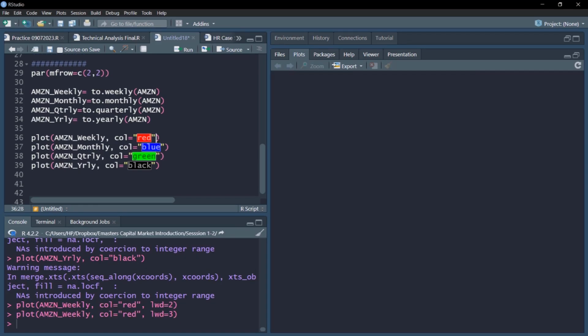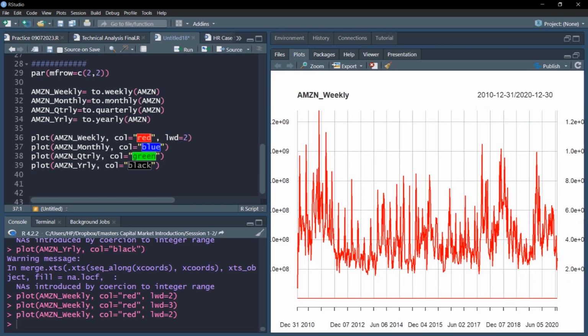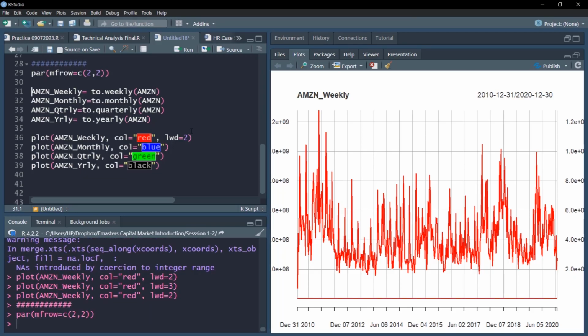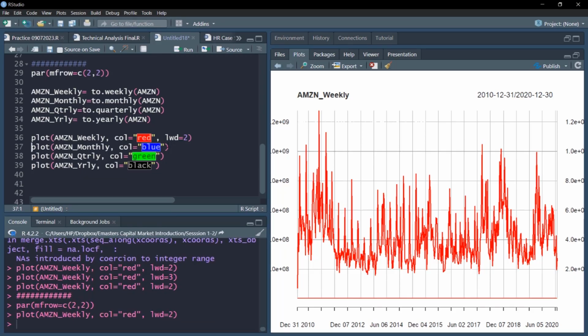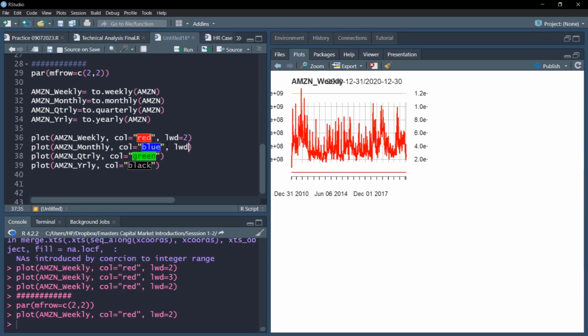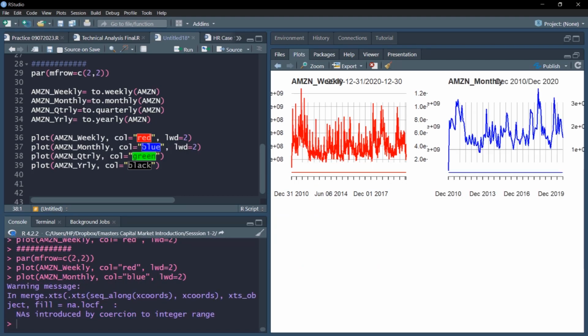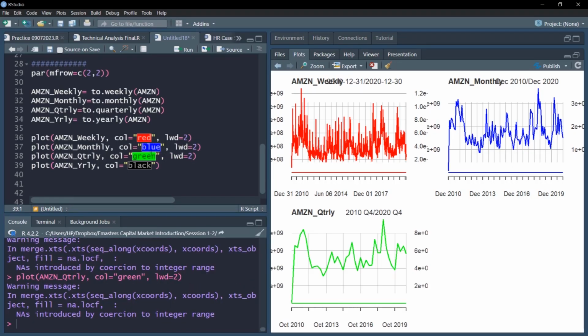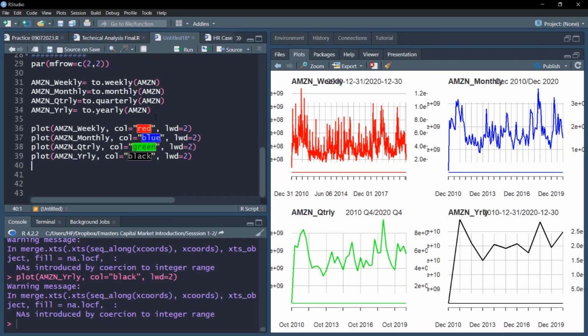Also, if you are not happy with the line width, you can increase the line width. For example, you can put this line width argument lwd equal to 2. So this will help you increase the width of the line that you have plotted. So again, for all the plots, I'll give line width equal to 2. So a slightly darker shade of line is plotted. Sometimes when it is too thin, it does not appear very good. So I'm just increasing the thickness of the line. So probably it may help with this lwd equal to 2 command.